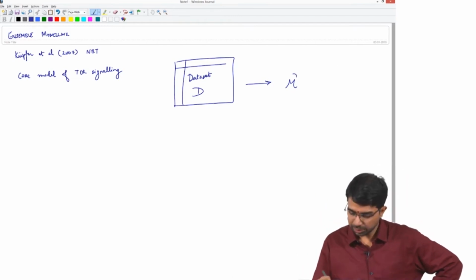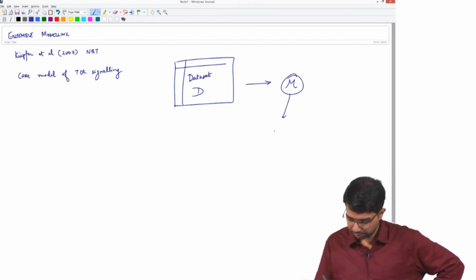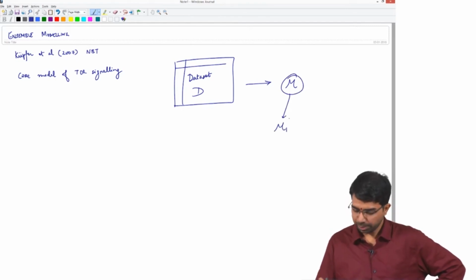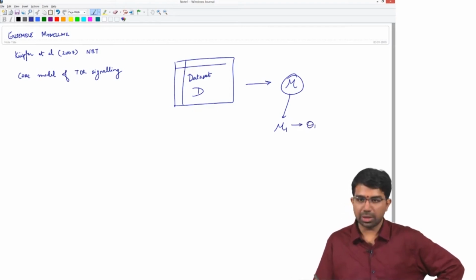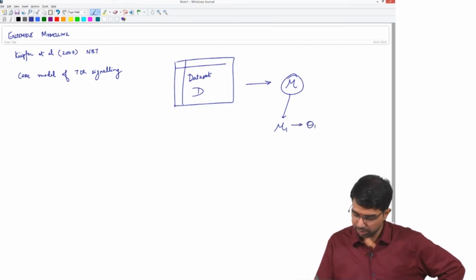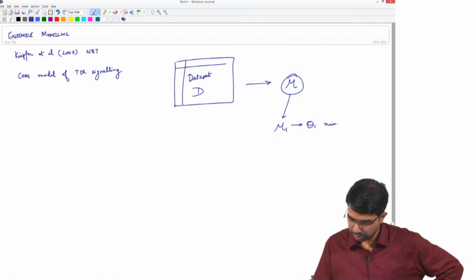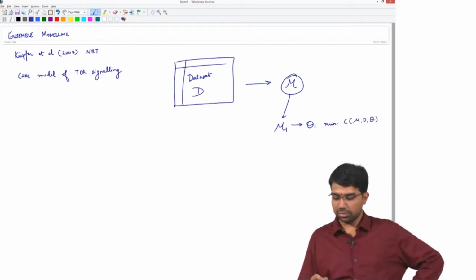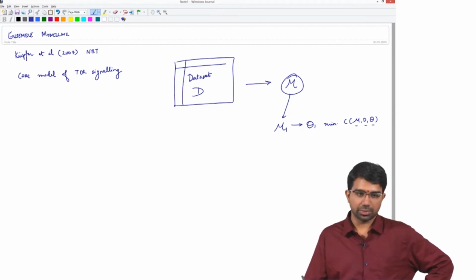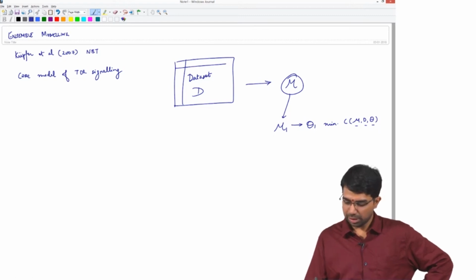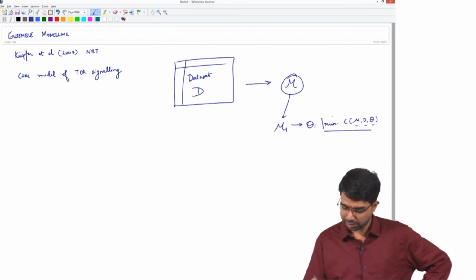You will essentially fix a model, let us say we now pick M1, and now find a parameter set theta 1 that minimizes some cost function. The cost function will include the model, the data of course, and the parameter set. So, can you minimize this cost function